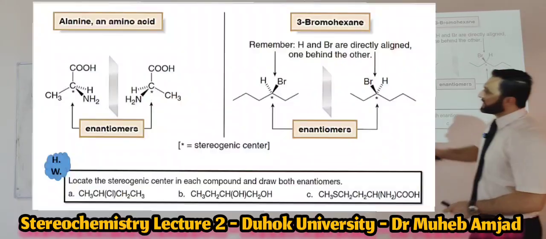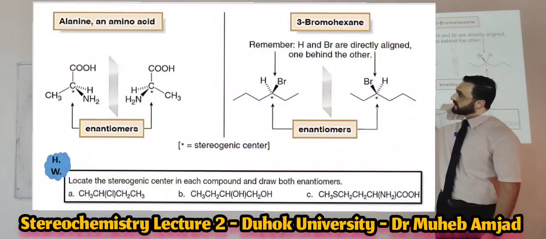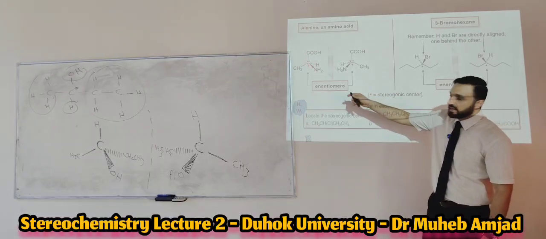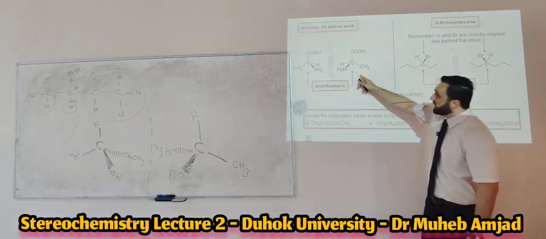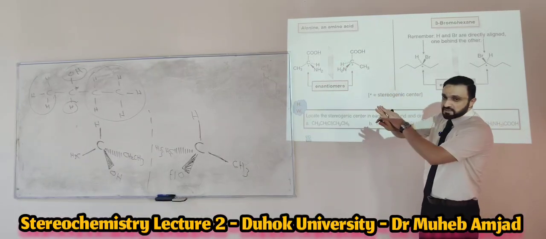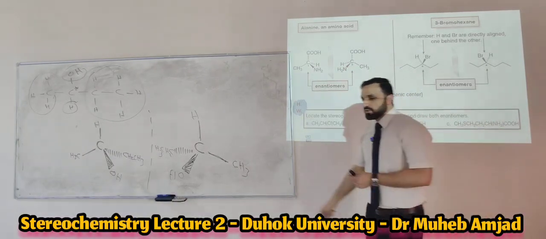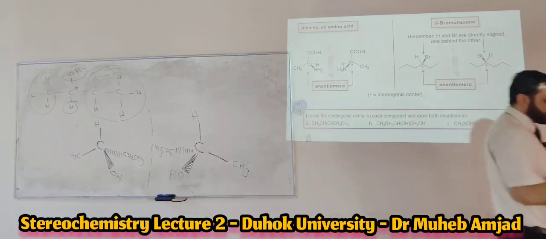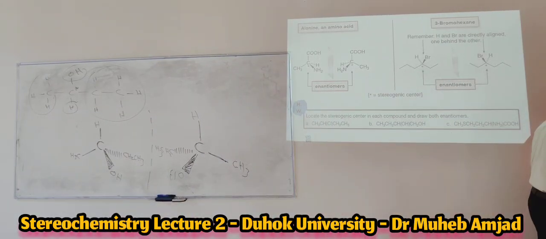So another example is alanine, the amino acid alanine. The mirror image for alanine is this compound. Are they superimposable or not superimposable? They are not superimposable, and they will be enantiomers. Again, superimposable, not superimposable here. For example,